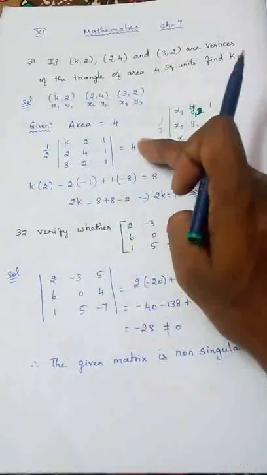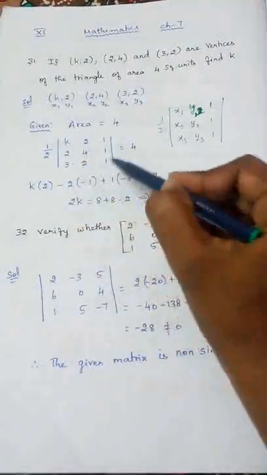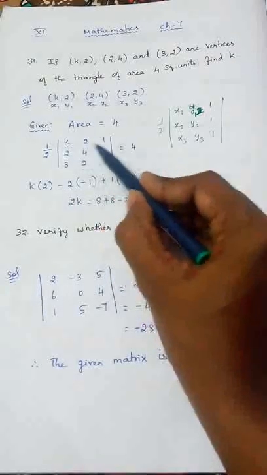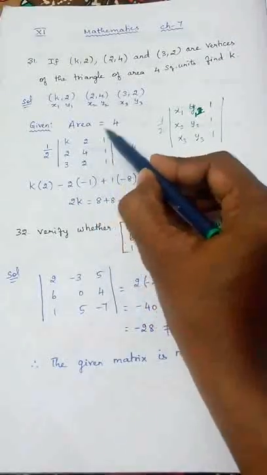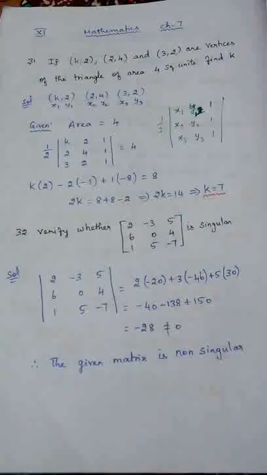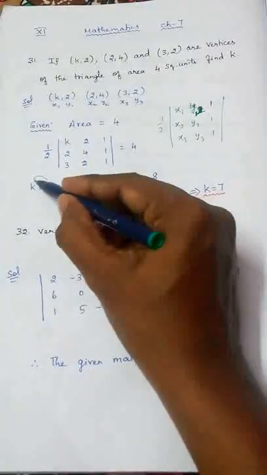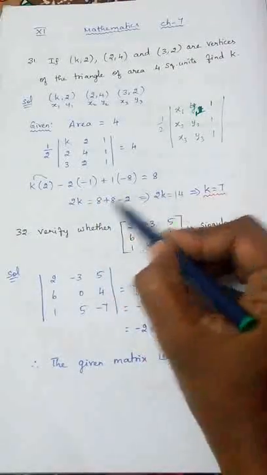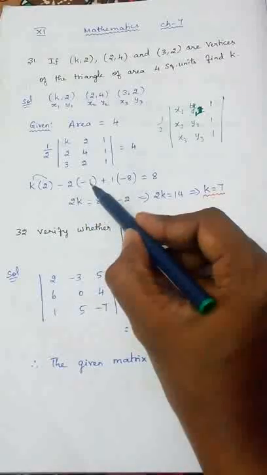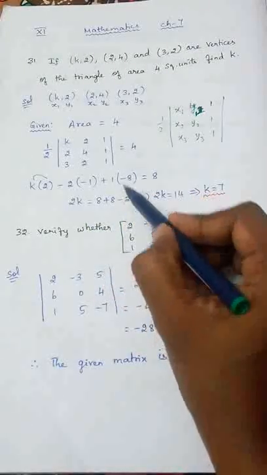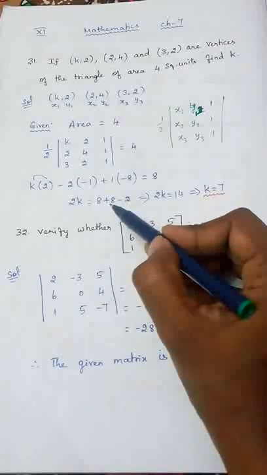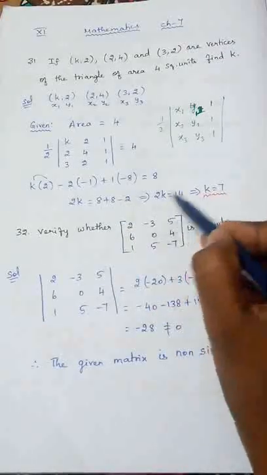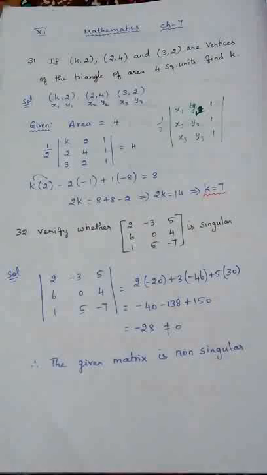Now you just take this 2 to the other side, becomes 8. Expand this determinant. You know how to expand using the first row. Symbol is plus, minus, plus. Accordingly you expand. When you multiply these two, the answer is 2k. And plus 8 is present here. Plus 2 goes to the other side, becomes minus 2. Minus 8, other side becomes plus 8. So 16 minus 2, 14. Cancelling, k is equal to 7. This is a simple sum. Just we have to know what the area of triangle formula in determinant format is.